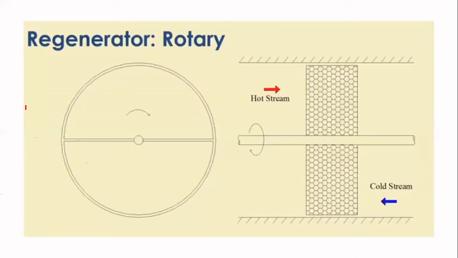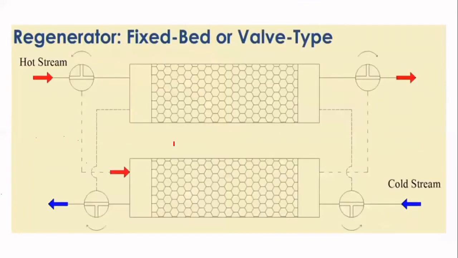Again, this is a type of regenerator. Regenerator was something over which some fluid was flowing. So in the first cycle, it was taking heat from the hot fluid. In the second cycle, it was giving heat to the cold stream. So here what we have is something called a rotary regenerator. Now in the previous case, what was happening? In the previous case, we were changing the direction of the flow of a stream.